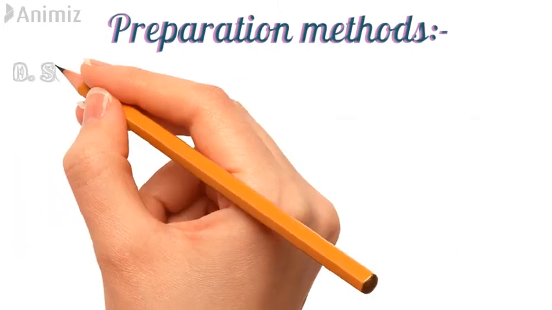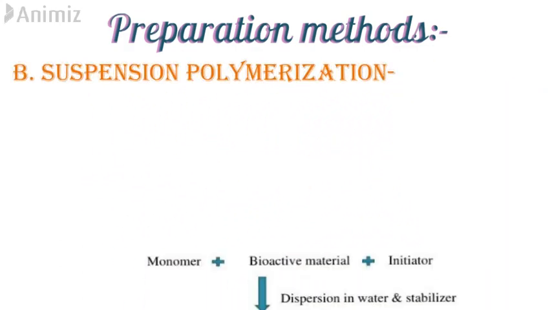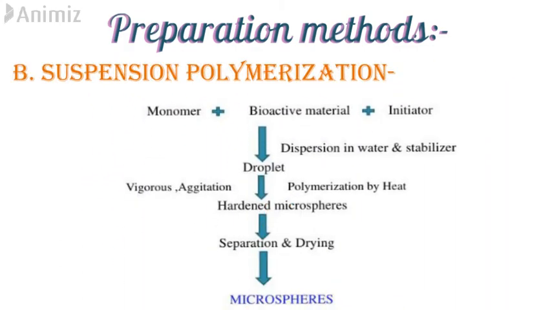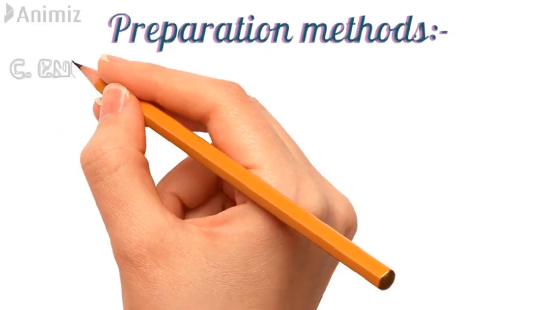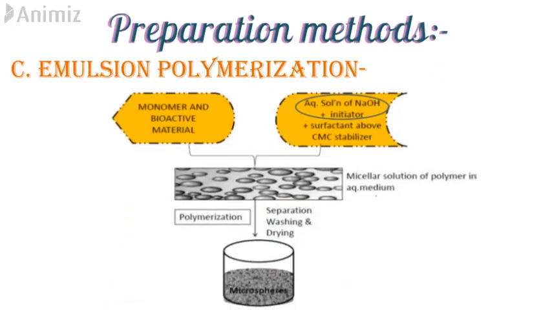In suspension polymerization, we take monomers, bioactive material and initiator and disperse it in water to form droplets. We agitate it vigorously and provide heat to initiate the polymerization reaction, which eventually hardens to form microspheres. And in emulsion polymerization, we take the drug and monomer in the organic phase, an aqueous solution of NaOH and initiator along with CMC as stabilizer in the aqueous phase. We mix them vigorously to form a micellar solution of polymer in aqueous media, where the polymerization reaction takes place and